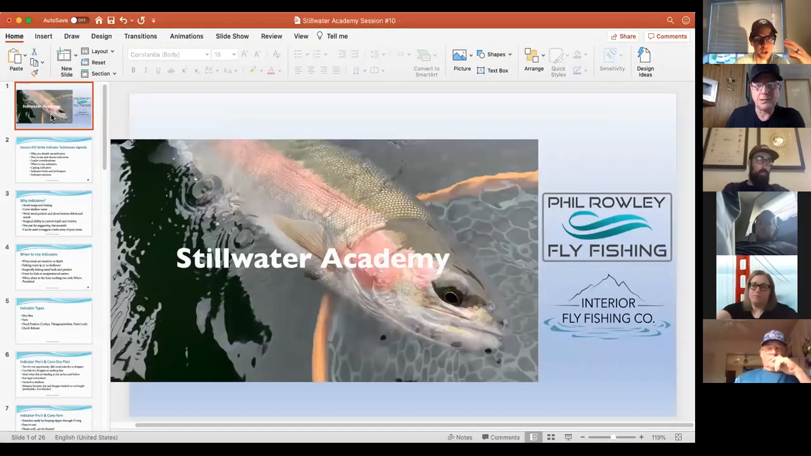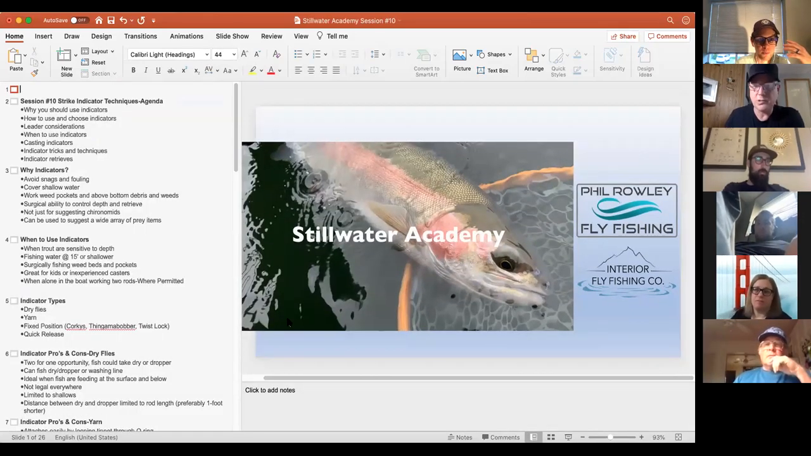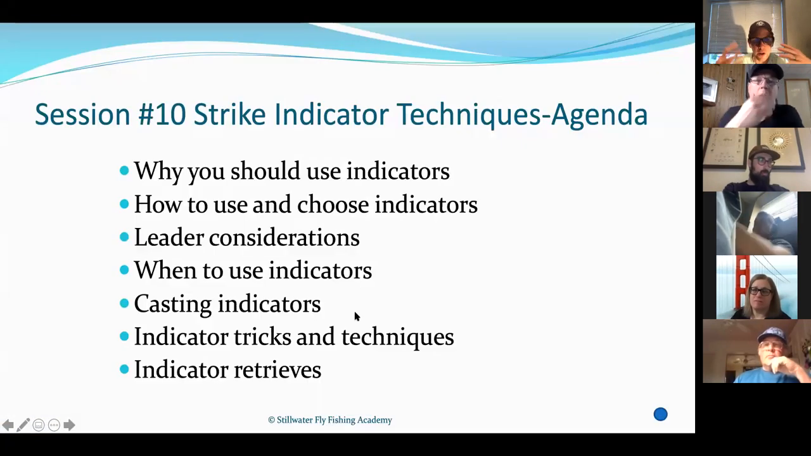All right. So tonight we're talking indicators, indicator techniques. Bobber techniques. So we're going to go over why, when, how, and where you're going to be fishing them. You want that? So yeah, we're going to be talking about why you should be fishing them, when you're going to fish them, where you're going to fish them,